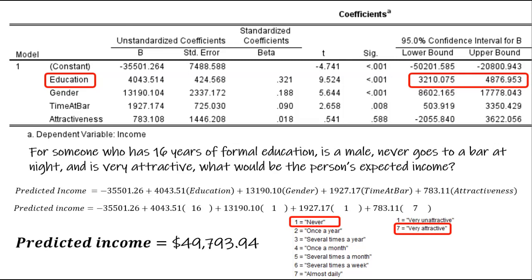$49,793.94. So this concludes our video on interpreting the coefficients of independent variables in a multiple regression output accurately and in plain English. For those who are learning how to use a software to run a regression model or learning how to interpret regression output in